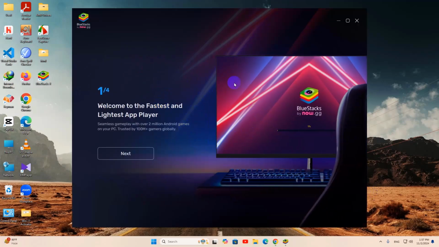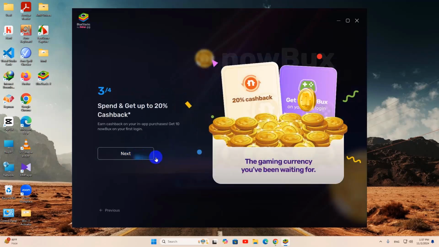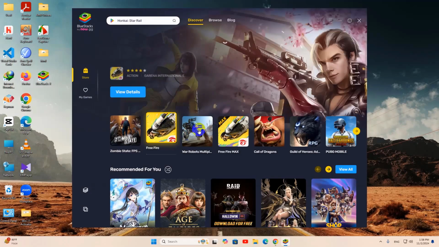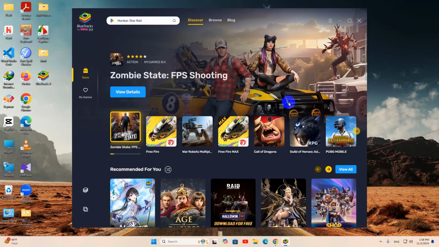And there you can see our installation is complete. I'll now just click on Next, and click on Done. And there you can see our BlueStacks is successfully installed, and now we will be able to download any games